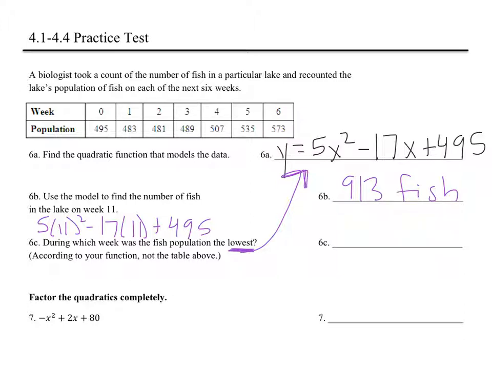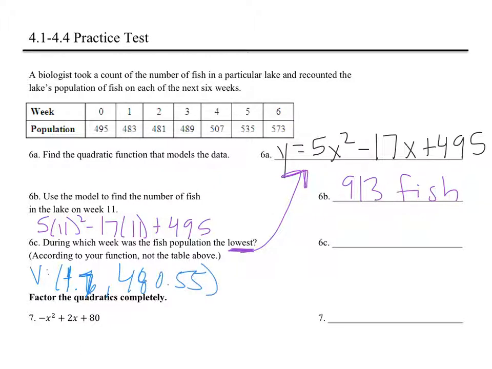So now I see my graph. I need to calculate it. So I have to go to second, trace to get to calculate. I need my minimum. So it says left bound, push enter, right bound, move the bug so it's on the right hand side, push enter, guess. So try to guess where the vertex is, push enter. Now it gives me my answer as 1.6, well actually round to 1.7, and